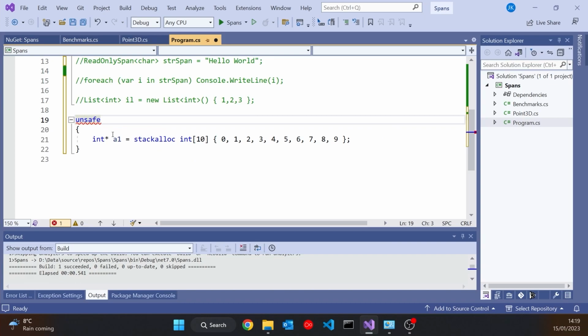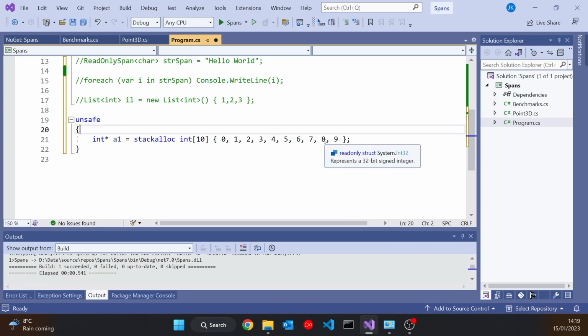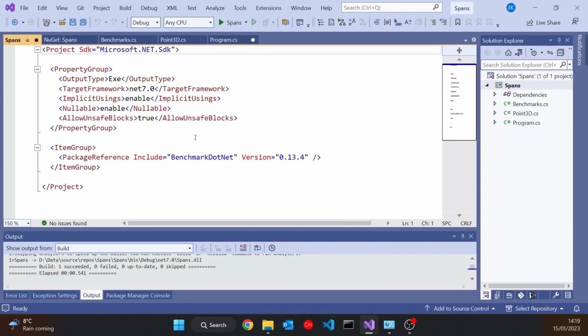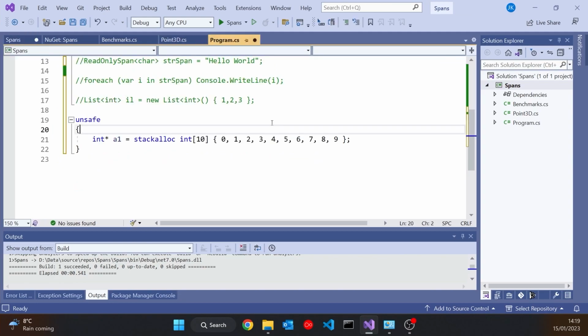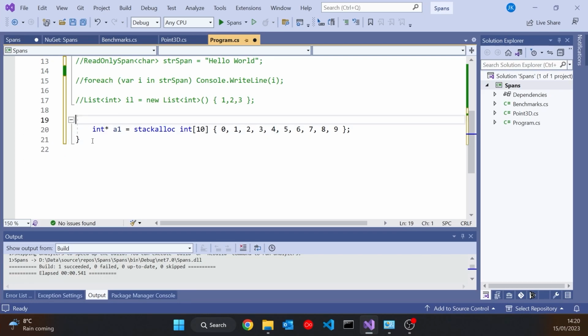So we allow unsafe, and then we can see that that's working. What that's done in our project, just to take a look over here, is add allow unsafe in there. But unsafe code is, as the name suggests, unsafe in terms of memory management and that sort of thing, something we should avoid. And that's actually something that's been improved with the introduction of the span,